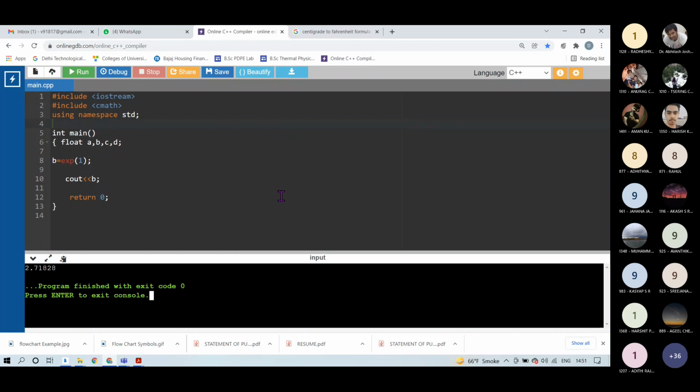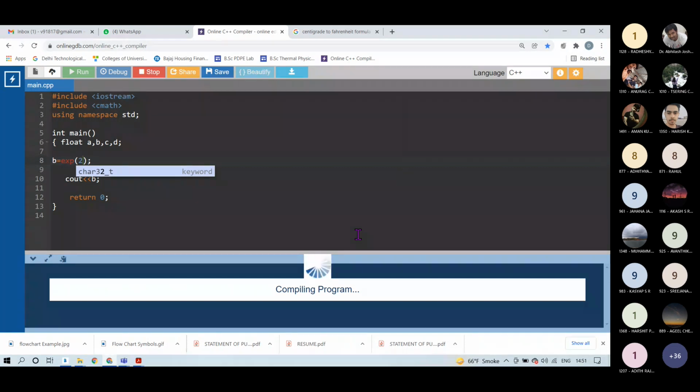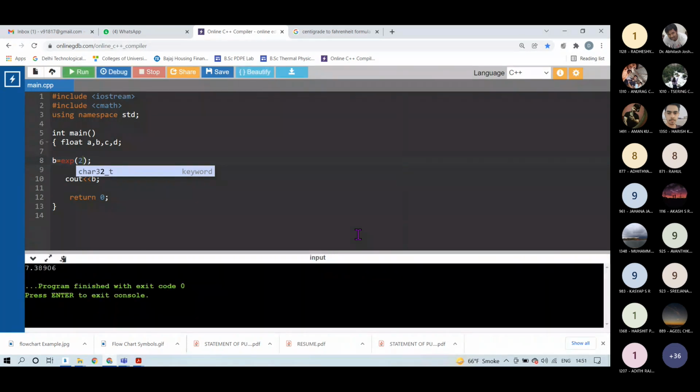So e raised to the power 1 is 2.71, and e square will be this. Also, you can define a variable. Let's say you have to find the cube of the number 3.